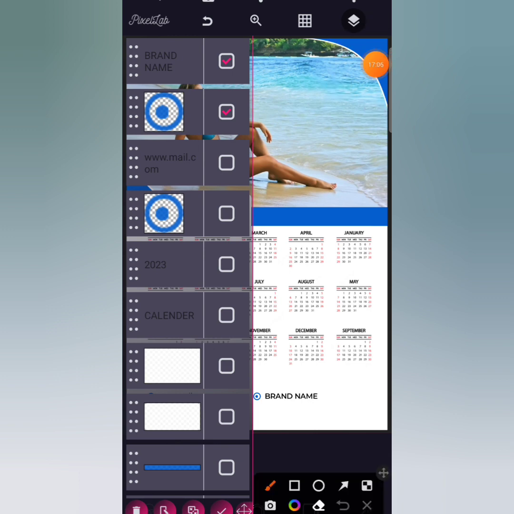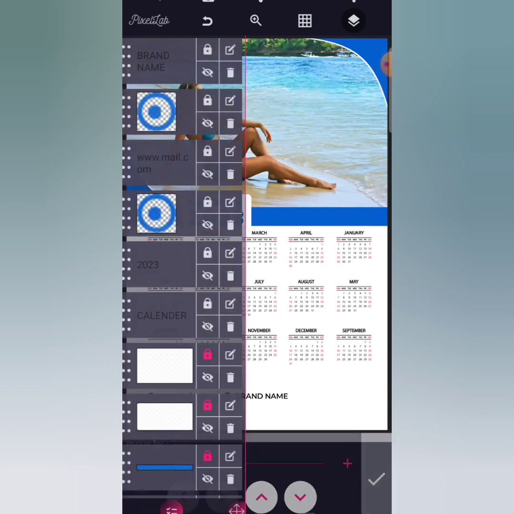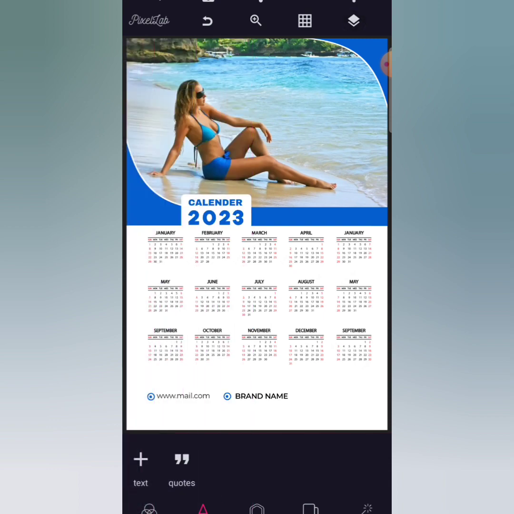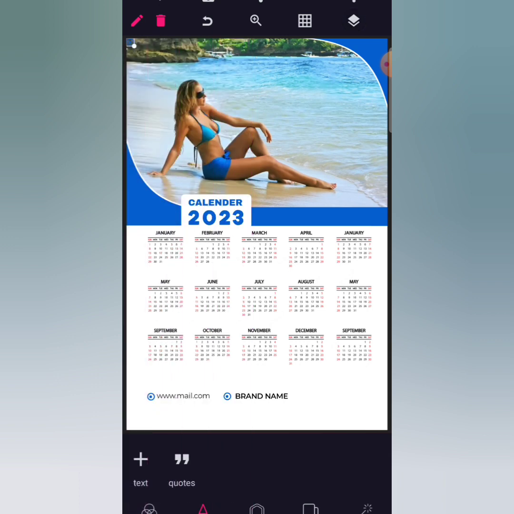Then we are going to move it. We are not merging it, so we click on this one to move it. So we are moving it gradually to this other end. Okay, perfect. Now what we are going to do is to copy back this shape,